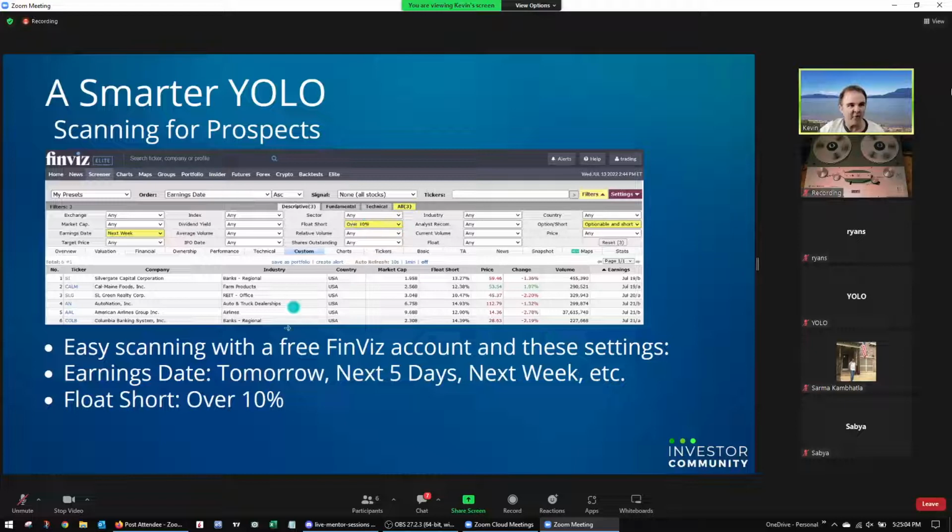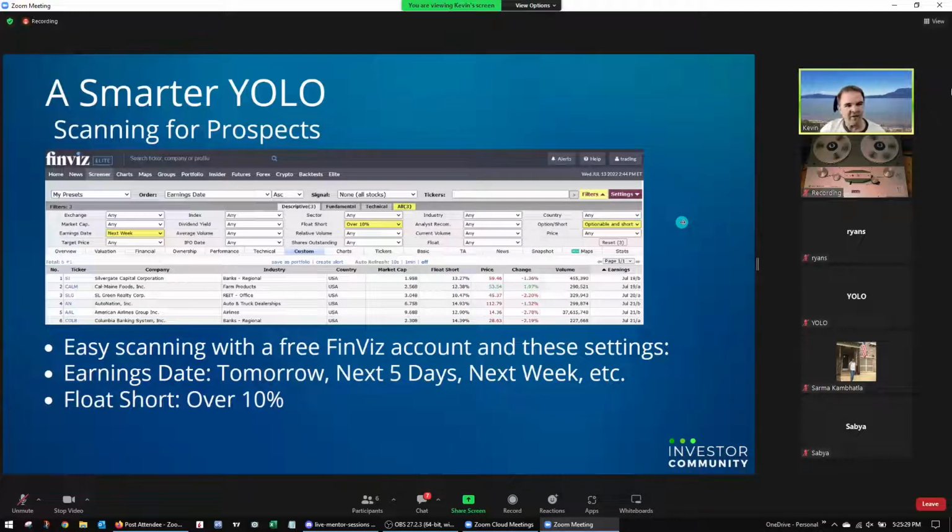We've got some other options. Now you could have stricter criteria. You could say, I want the short interest to be over 15% or 20%. But 20% is getting really high. You're not going to get too many candidates. And you can see if you did this for next week, you wouldn't have any at all at 15% or 20%. I think 10% is pretty good. It gives you some stocks to choose from.